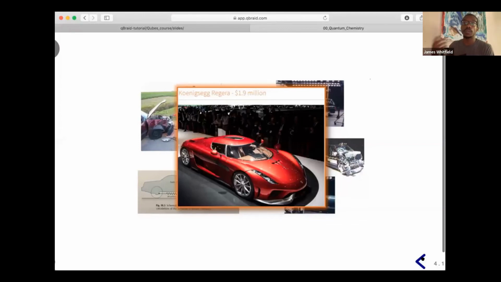Instead of a car, we do this with a molecule and ask questions about the molecule. The problem is that if we want to know about a molecule in a very particular state, it may be very difficult to generate that state. So if we're thinking about doing this idea of simulation, we're going to need to repeat it several times. We need to repeat it multiple times to get some statistics, or maybe we didn't get the data on the first crash. We want to know the probability that they fly out, so we need to repeat it multiple times to get more information. But if you have a car that costs $1.9 million,